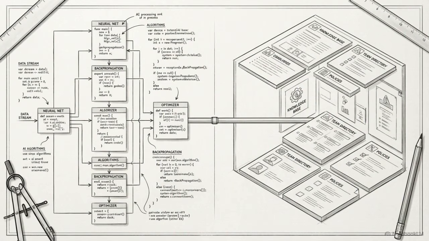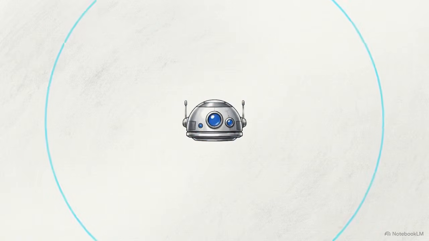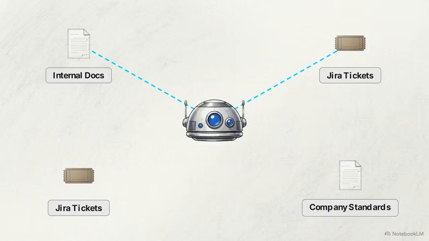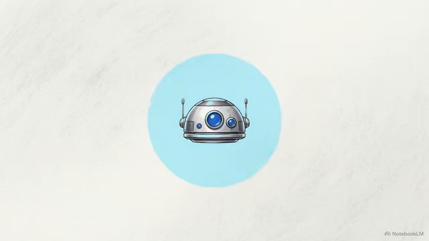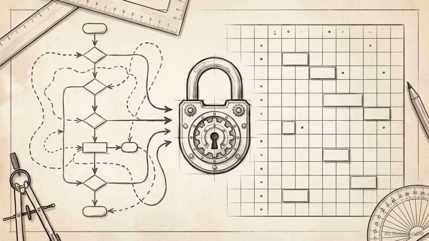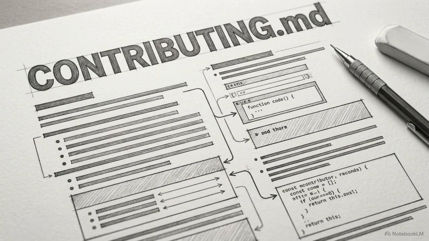To ground these agents in proprietary knowledge, we use the MCP Bridge Builder. By using the Model Context Protocol, agents gain access to real-time Jira tickets and internal documentation, allowing them to follow company-specific standards. Custom MCP servers can also provide read-only access to production databases, letting agents analyze real-world data distributions to inform their architectural choices. The final stage is handled by the README and onboarding agent.